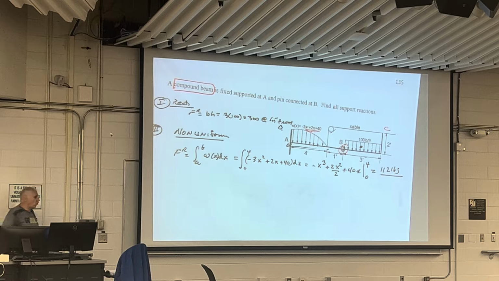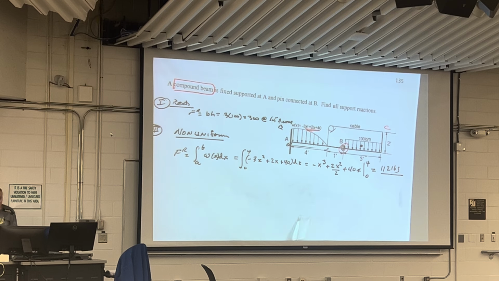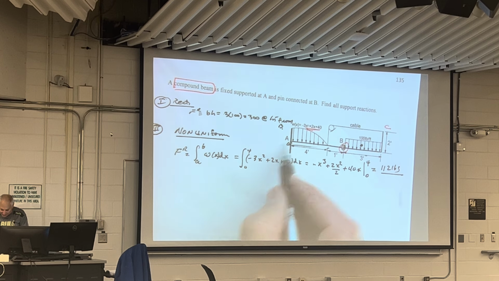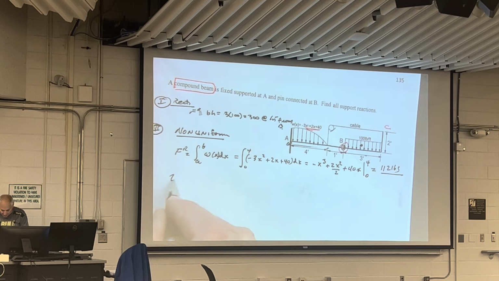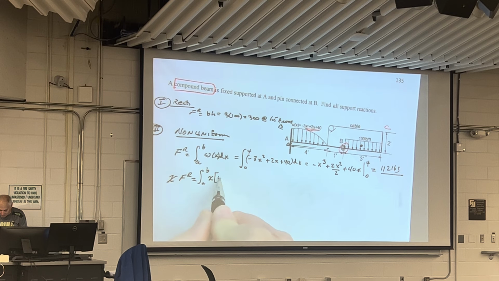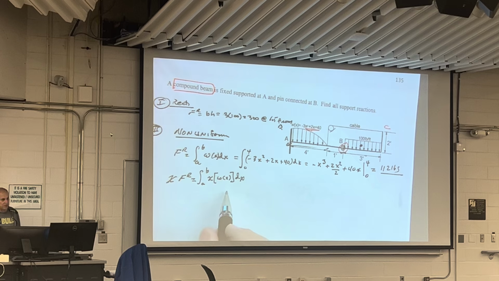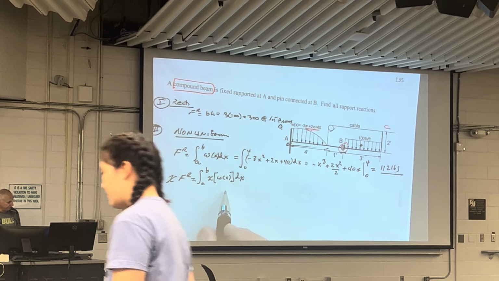Now the question is, where do I place it? Where do I locate it so I get and maintain equivalence? Well, if I take moments at A, I'm going to say x times the single force resultant equals the integral from A to B of x times W of x dx. This is moments of the reduced system equal moments of the original system,